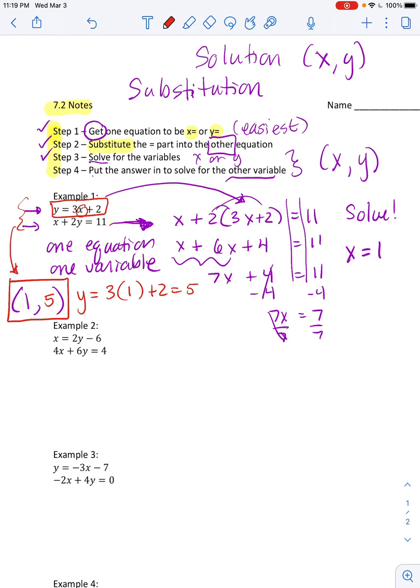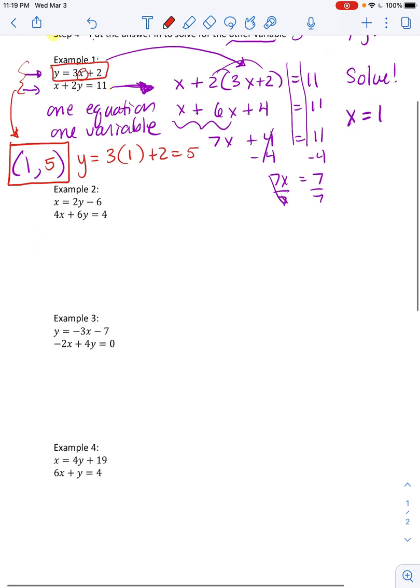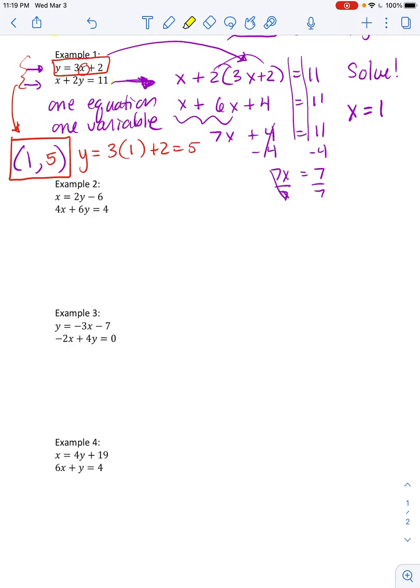And again, I can do what we've been doing with the graphing. I could plug my x and y into those two equations to make sure that I actually have the right answers. All right, so taking a look at this next one,